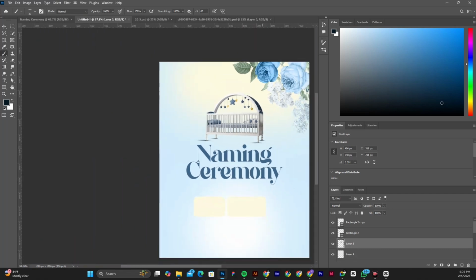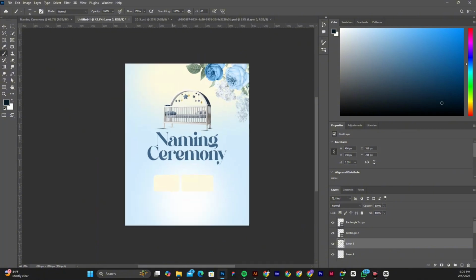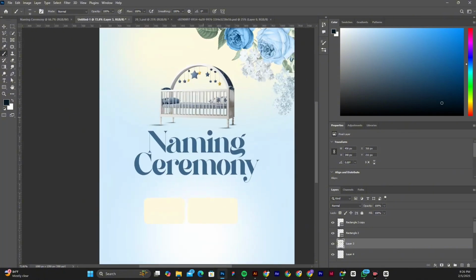So there we've painted our shadow. If you zoom in, you see that it looks much better. Another thing is, when painting shadows, the underside of this crib will not be light like this, so we need to paint a bigger but much softer shadow under this crib. So we'll come to the opacity of the shadow. We reduce the opacity to, let's say, 30 or 24%, and paint under here. Just paint under here randomly,